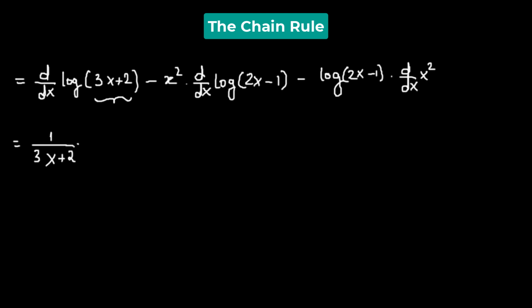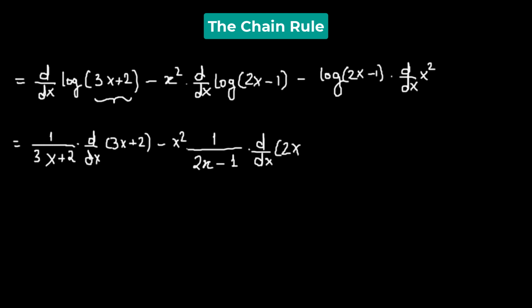But since this is an assumption, we'll need to multiply it by the derivative of 3x plus 2, minus x squared multiplied by, similarly here we're going to assume that 2x minus 1, if it were x instead of 2x minus 1, then the derivative of the logarithmic function should have returned us 1 over 2x minus 1. Then we need to multiply it by the derivative of our assumption, which is 2x minus 1,